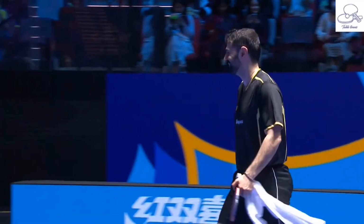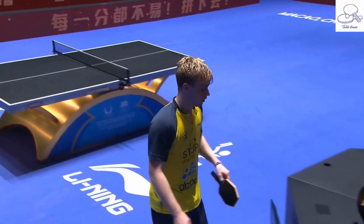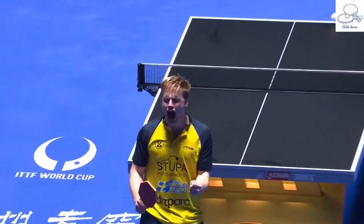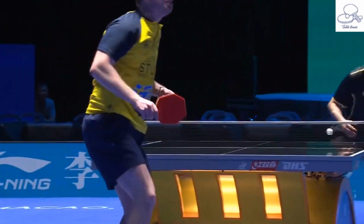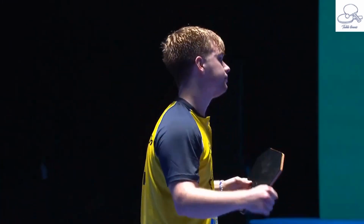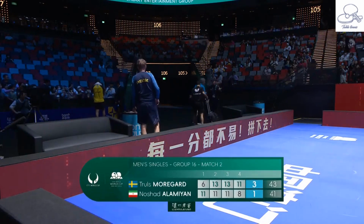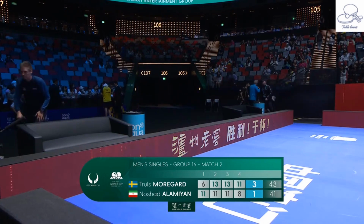He lost as well in the opening one. Noshad Alamiyan will look back. All smiles now. It was hugely, hugely entertaining. Important win for Truls Moregard. Now has to face Macao tomorrow. And it's not guaranteed will happen. So we're still fighting chances. There you go. There's that celebration of his. And it ends here. Truls Moregard beating Noshad Alamiyan 6-11, 13-11, 13-11, 11-8. 3-1. Only just edges him out on